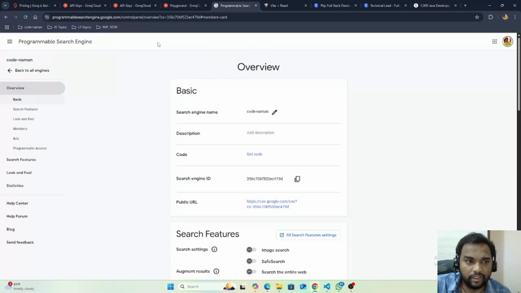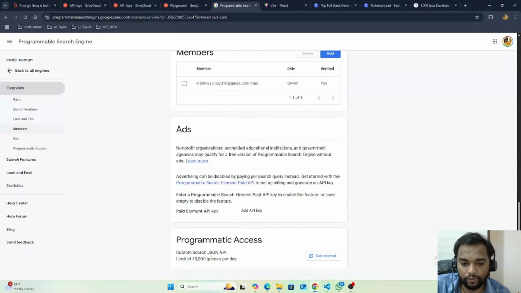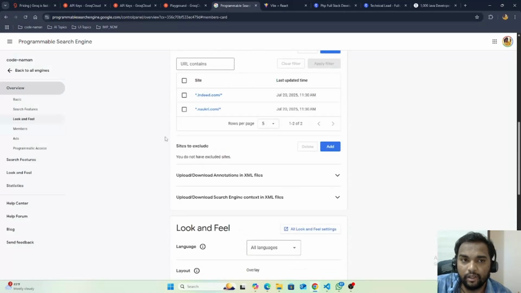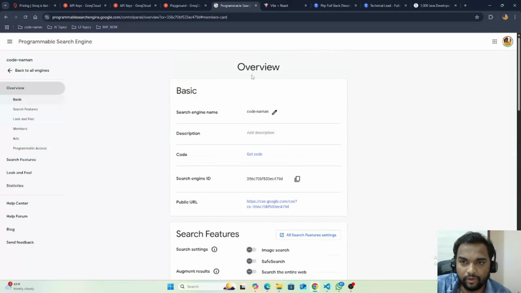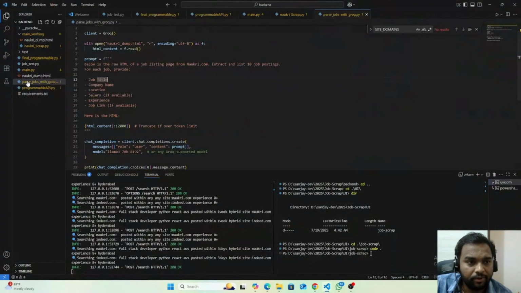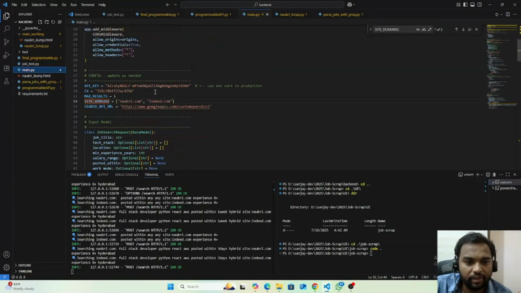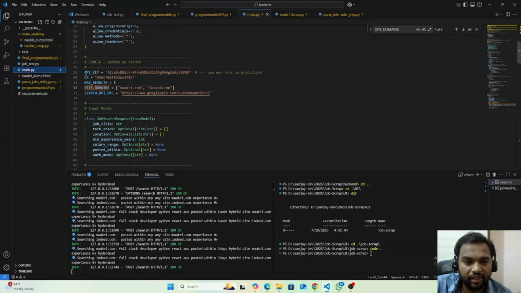Then I found this Google Programmable Search Engine API is best, because it allows you 10,000 queries. That is the reason I'm using this API for web search. Here in my program, you can see I wrote one FastAPI code where I am configuring the API key, the CX value, and the results domain where I need to grab the result.